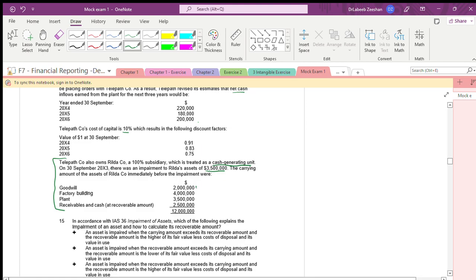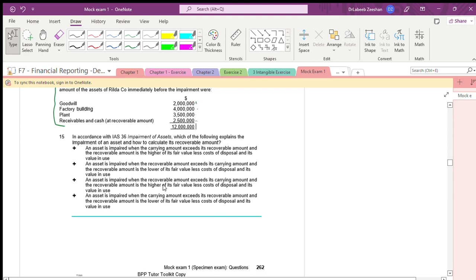Factory buildings, property and plant are there, and current assets will remain the same. Current assets will never change in terms of the cash generating units. Okay, fine. In accordance with IAS 36, impair which of the following assets, explain the impairment of an asset and how